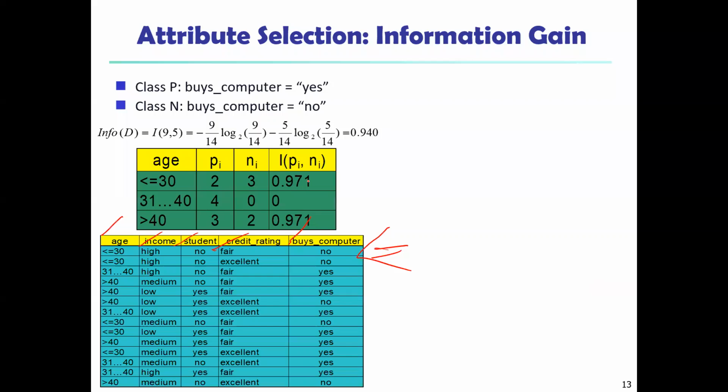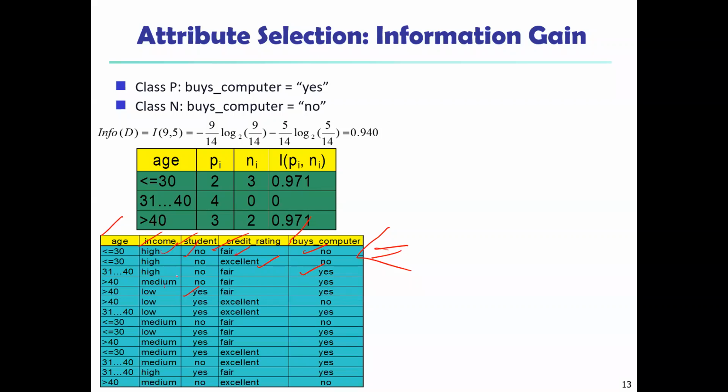Here we use induction of decision tree using information gain. Dataset D, the training set, has tuples randomly selected from the AllElectronics customer database. And especially we are using discrete values here. Each attribute contains different discrete values; it doesn't contain any continuous values. If you observe here, buys computer contains no and yes, two different values. Credit rating contains fair and excellent, two different values. Student contains no and yes, two different values.